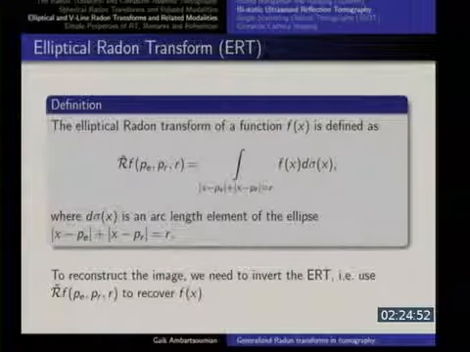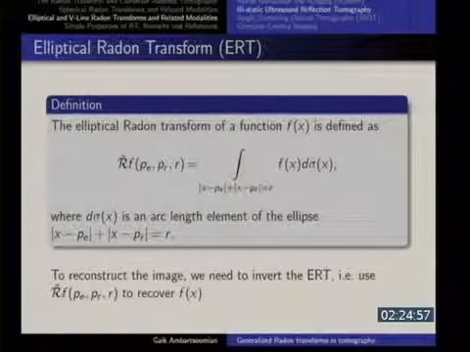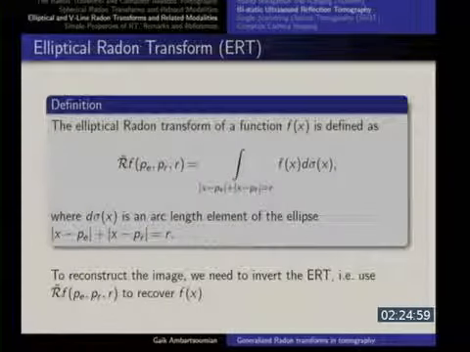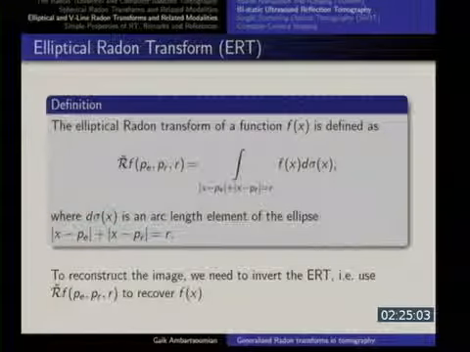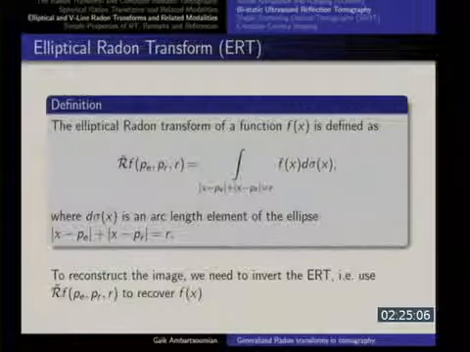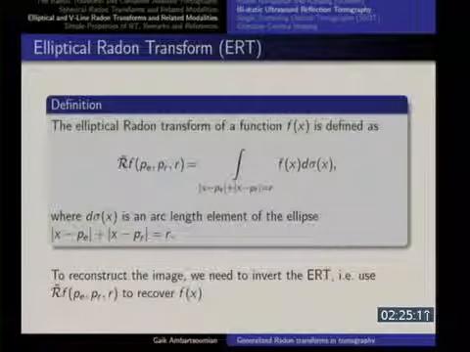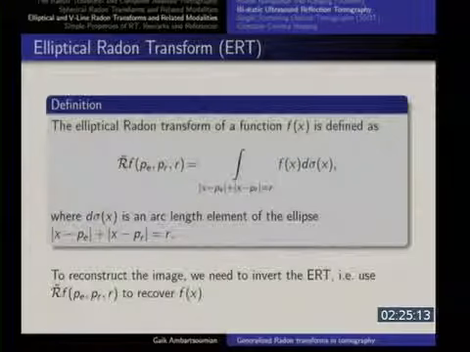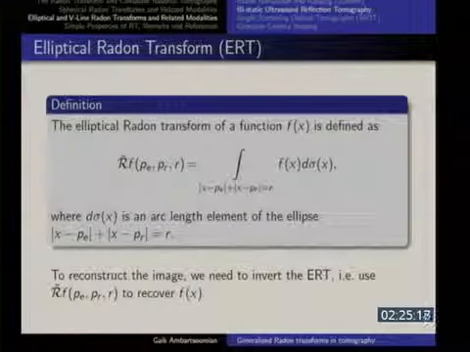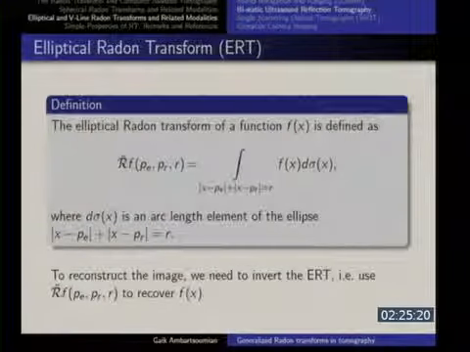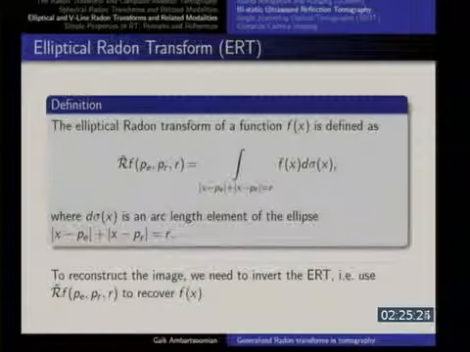that given a function, let's say again we are on the plane, although you can do that in 3D, and you get ellipsoids of rotation. Given a function, the elliptical Radon transform, and in my slide the elliptical one will be with the tilde, puts into correspondence to a function its integrals along ellipses. Again, we can very quickly do this complexity count. I'm trying to recover a function of two variables on the plane. What's the dimensionality of the variety of ellipses on the plane, guys? How many degrees of freedom does the family of ellipses have?